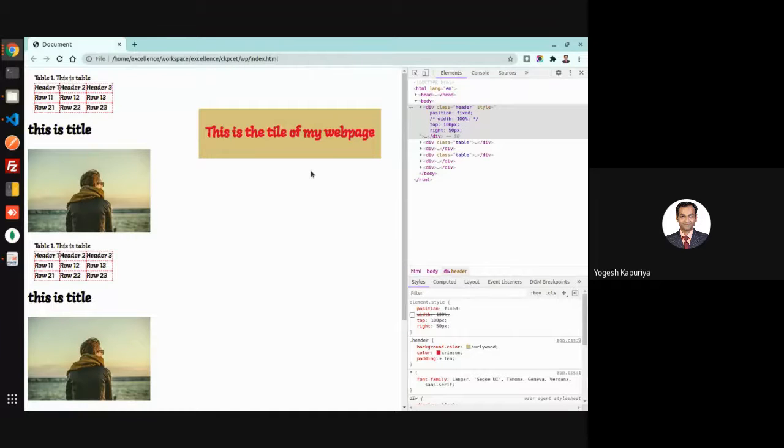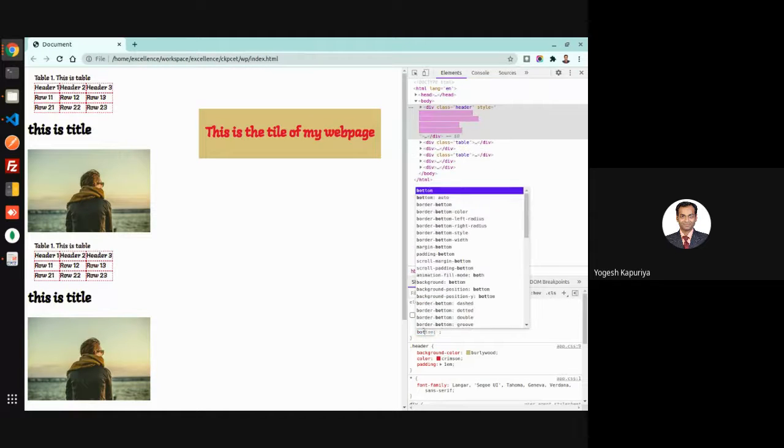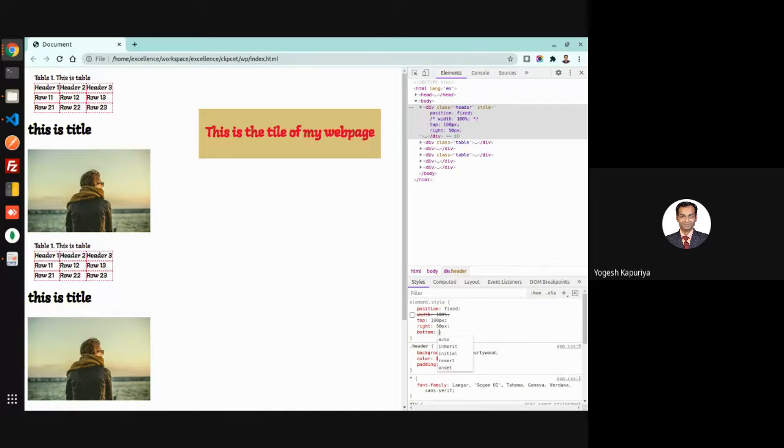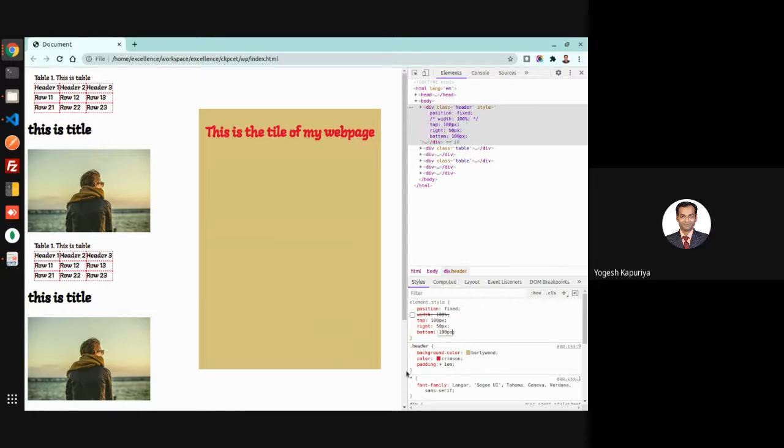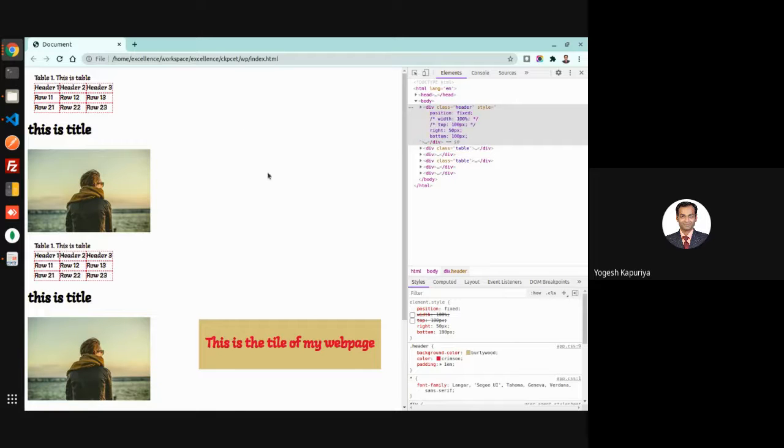So width is removed. Normally we require some kind of a tile over here, so you can also give bottom. So instead of top, I will give bottom, right? So what it will do, it will put this particular content at right 50 pixels.